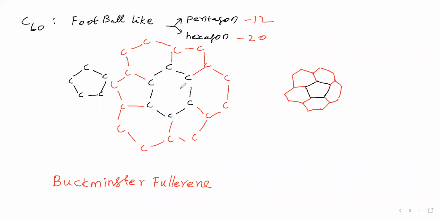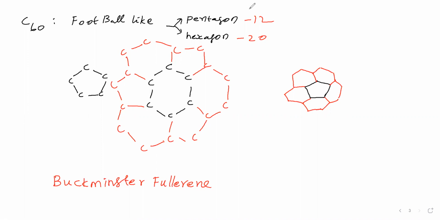Next, all the carbon atoms are equivalent here. Then the carbon atoms undergo sp2 hybridization. Here each carbon is bonding with 3 other carbons by single bonds. Then each carbon is making 3 single bonds with 3 other carbons. So the 4th electron will be there. That 4th electron goes into the pi electron cloud, like graphite.